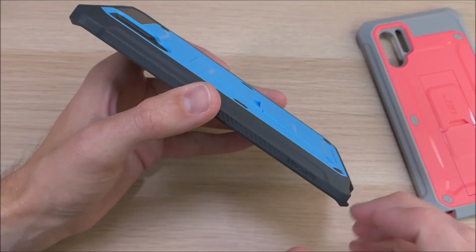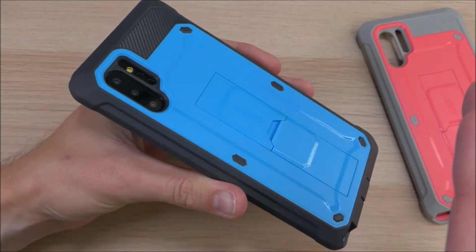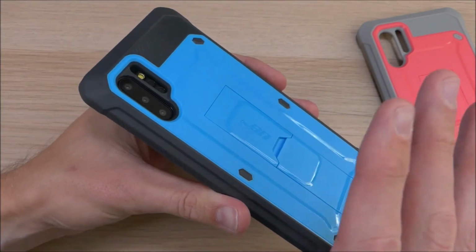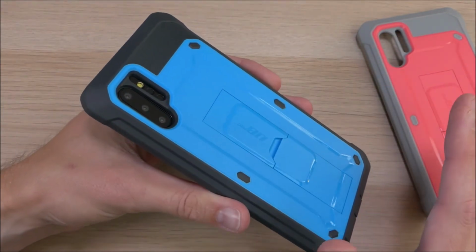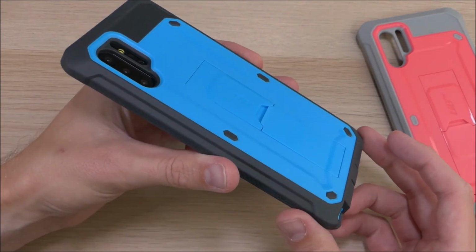So if you guys are looking for a case that's going to protect your device in just about any situation, this is the case I would recommend. This case is insanely tough, and it's going to protect it through just about any circumstance that you can throw at it. And the best part is that this case is super affordable and only goes for $20 on Amazon,